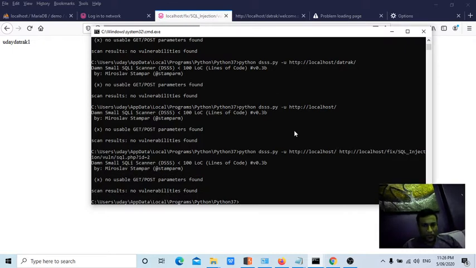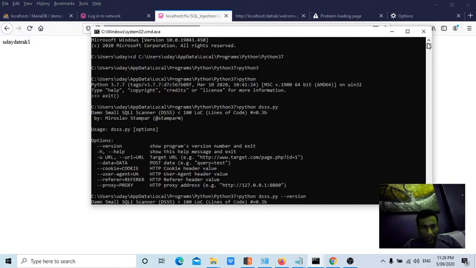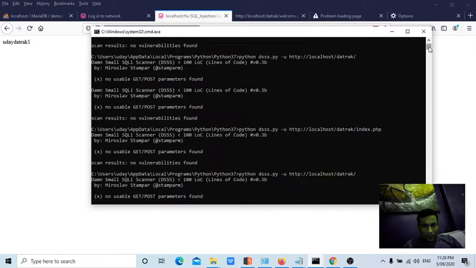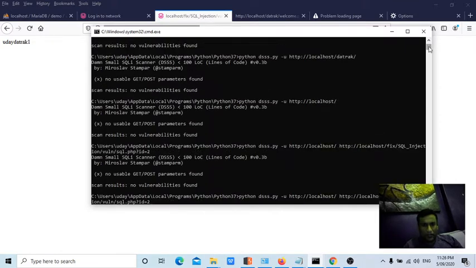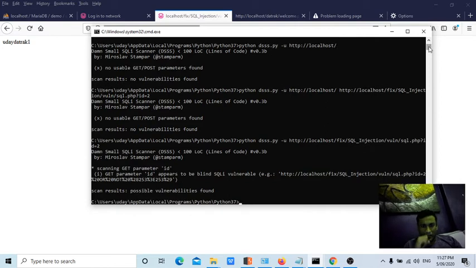Major issue, it shouldn't be like this. Maybe I'm missing a little because I'm using this command after long. -u space URL. Hey, sorry, I just tried to enter two URLs here. Yes, now it's good, guys. Can you see here? It is saying that this application is working now.